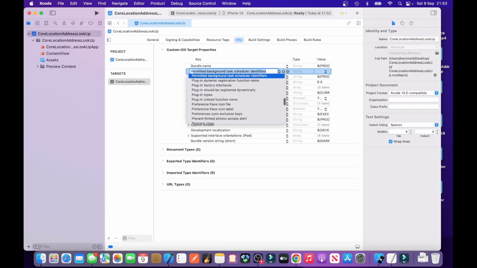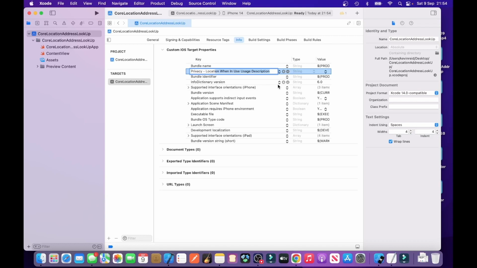So there's privacy, location. It can be a bit fiddly. Location when in use. This is this one down here. Privacy location when in use usage description. So click on that one,